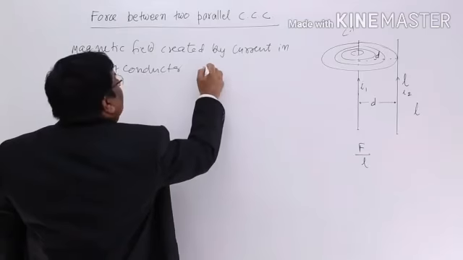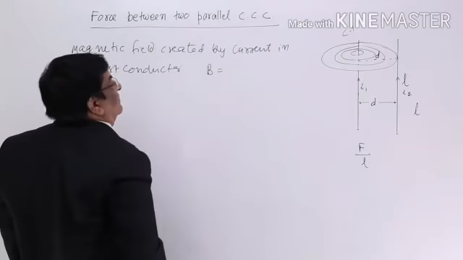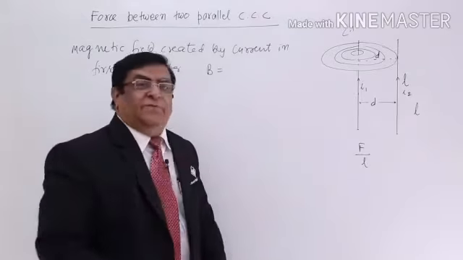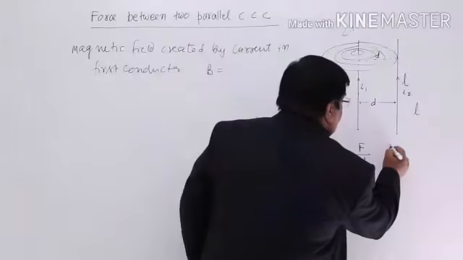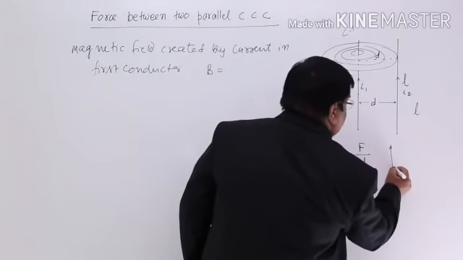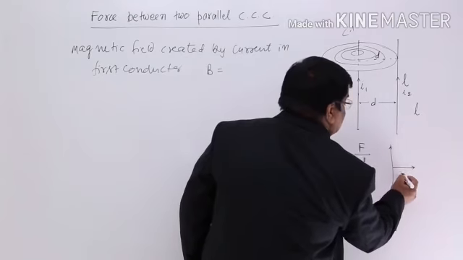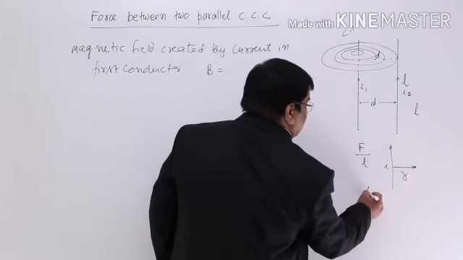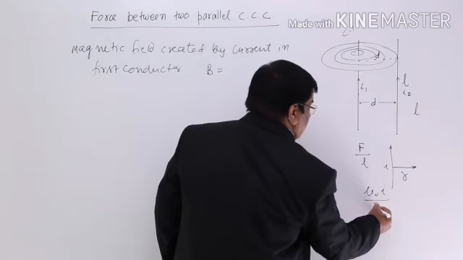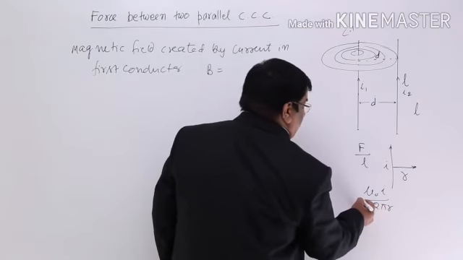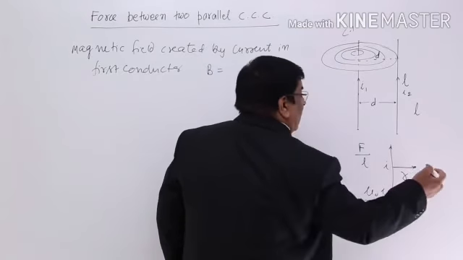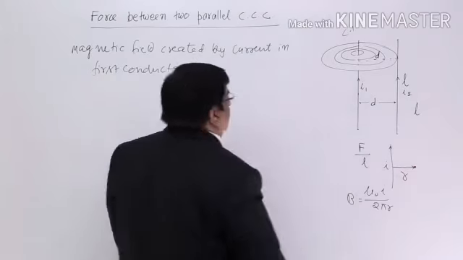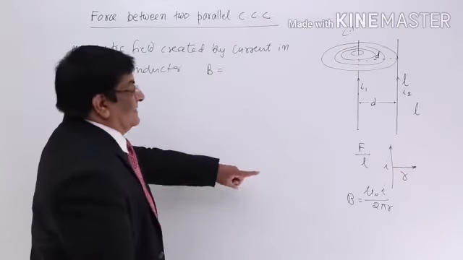Okay, for the magnetic field at point P, we apply the formula. Which formula? We have done it many times. If there is an infinitely long conductor and a point at a distance r, then at this point the magnetic field is mu naught I upon 2 pi r, and its direction is given by the x, y, z directions. So this is the magnetic field.